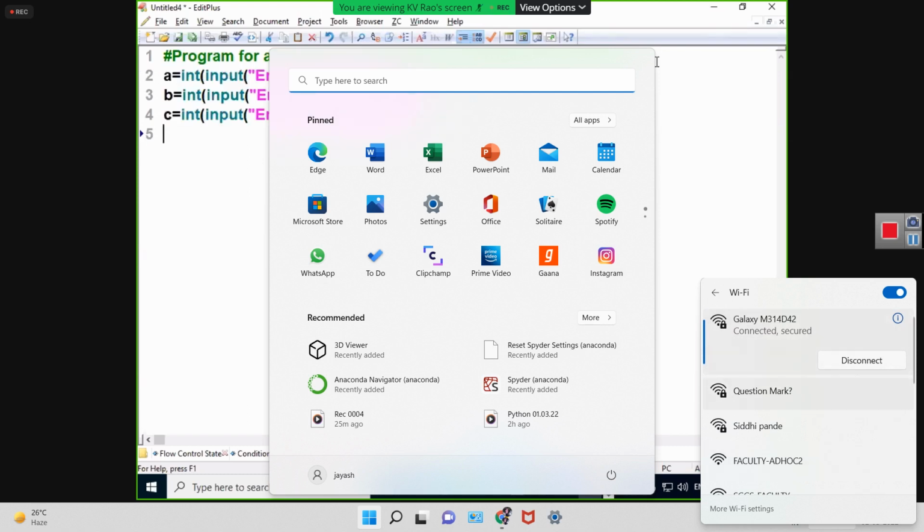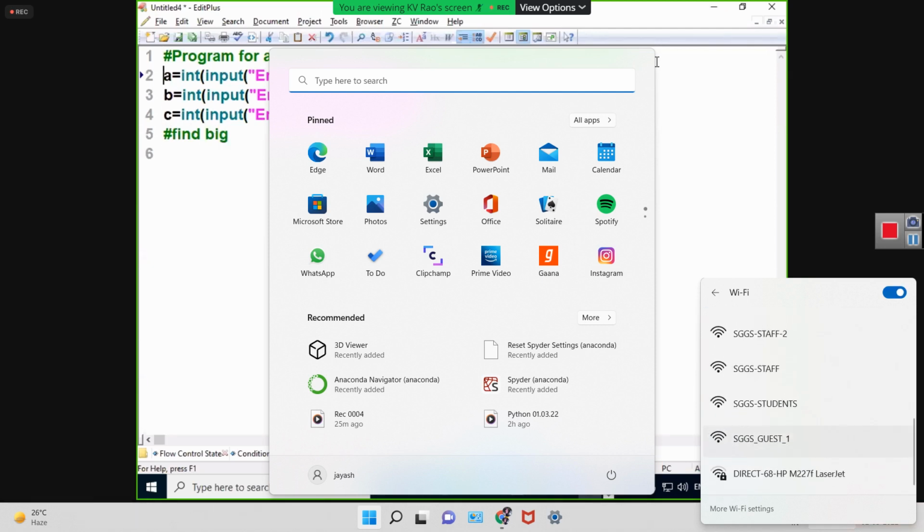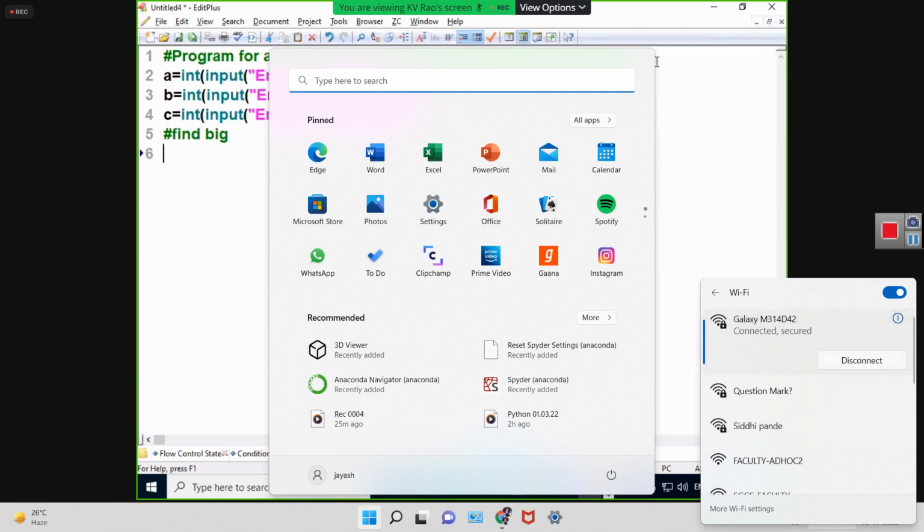Now I need to find what? Find the big one. How do I write it? Using elif. We are going to use what? Elif. They may be equal also. How do you write it? First of all, my dear students,